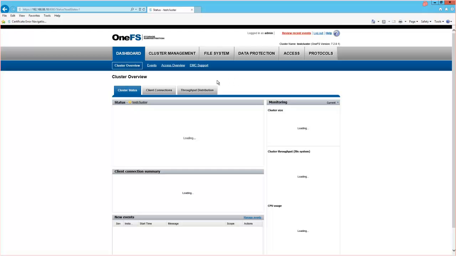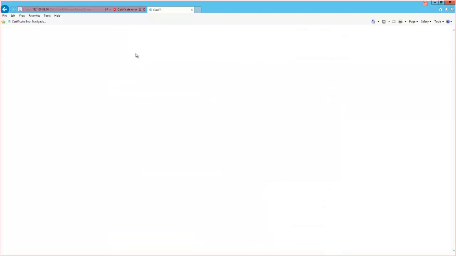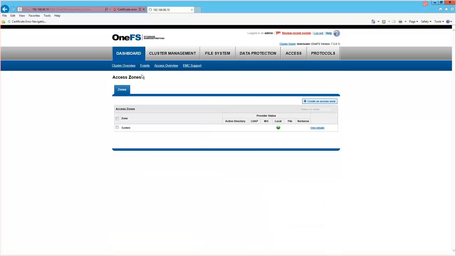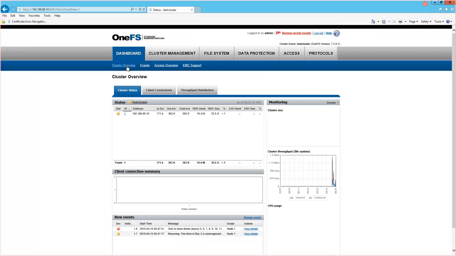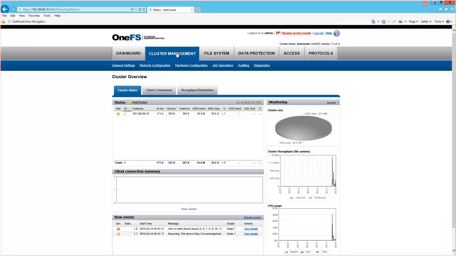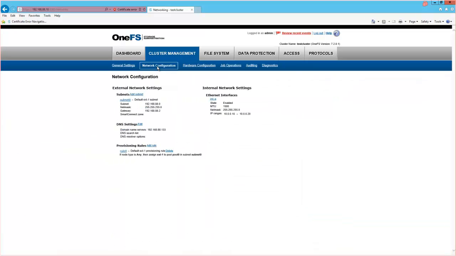Once we are in the web UI, we can get an overview of our cluster and manage and configure it using these different tabs along the top of the page here. The dashboard will give you an overview, cluster overview, events, access overview, EMC support. Management gives you access to things such as general settings, network configuration information, hardware information, different cluster jobs, auditing and